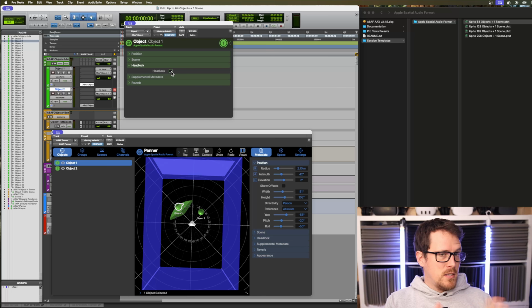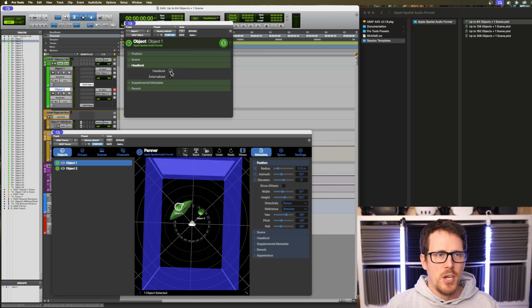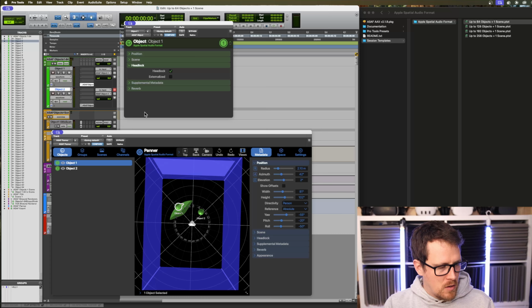I don't say stereo is better than spatial. I don't say spatial is better than stereo. I think that there's a strong coexistence in the future. And here is something interesting that happens when I press this checkbox. It gives you the option to externalize or not externalize, internalize, I don't know, this thing, which is interesting because most of the time, if you work with headlocked audio, this is how it would look. You would have just a stereo track and it doesn't have any spatialization. But I always figured, why can't you use binaural recordings, for instance, as a headlocked stereo track? And this is what you could do with the setting.